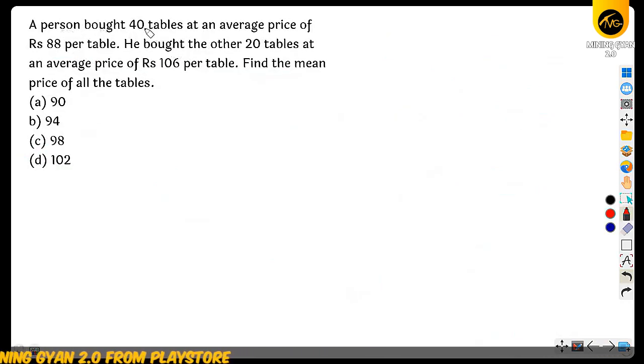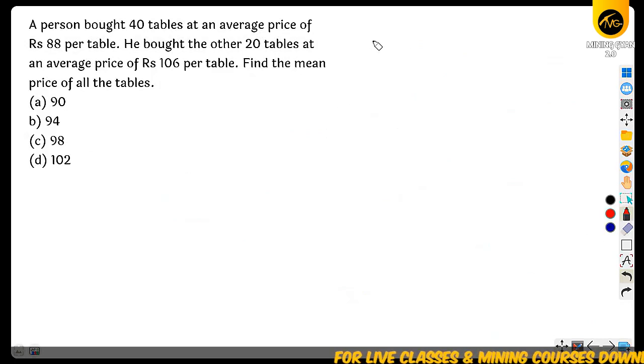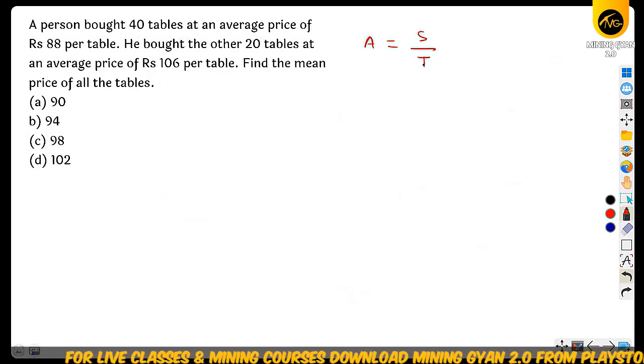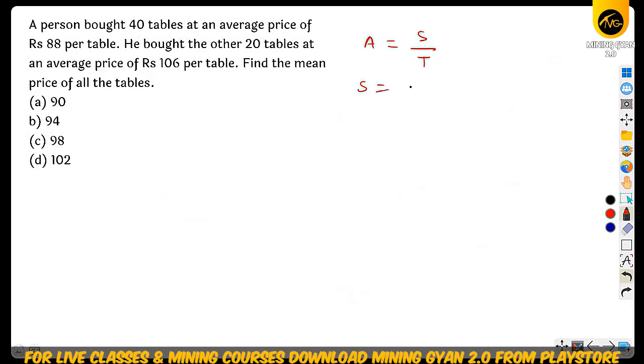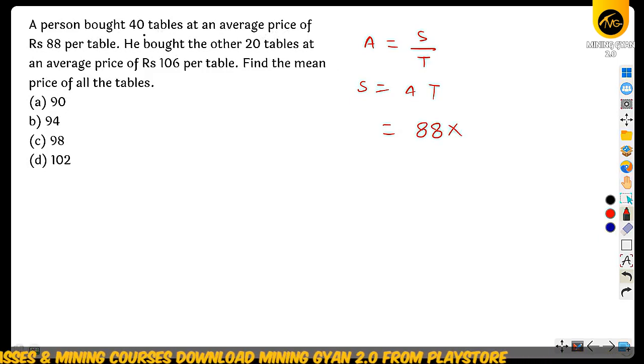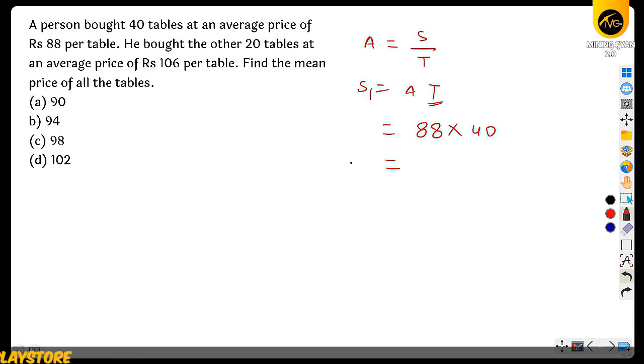A person bought 40 tables at an average price of 88 rupees per table. Okay, correct? Suppose average is equal to sum divided by total, na? So now sum is equal to average into T. Now in this case we have the average price, that is 88 rupees, correct? And number of tables are 40. So total number of elements will be 40. Now suppose this is AS1. So AS1 is equal to, just multiply the numbers,